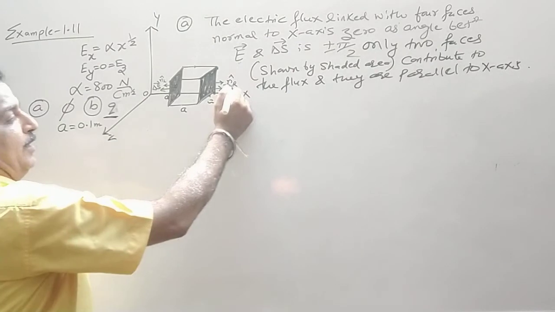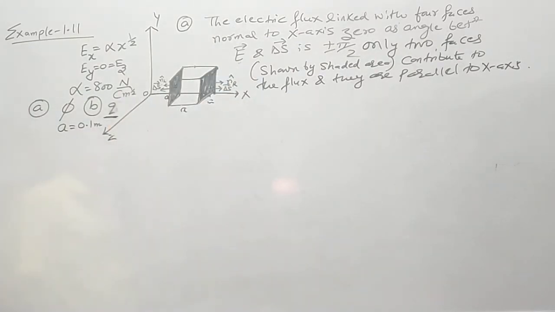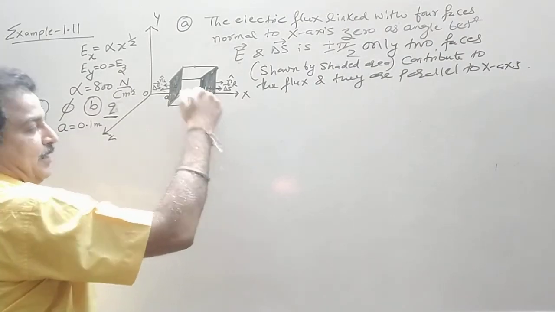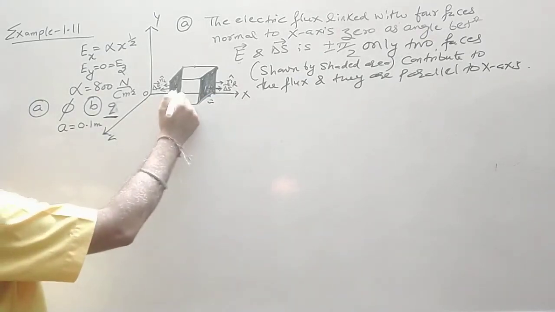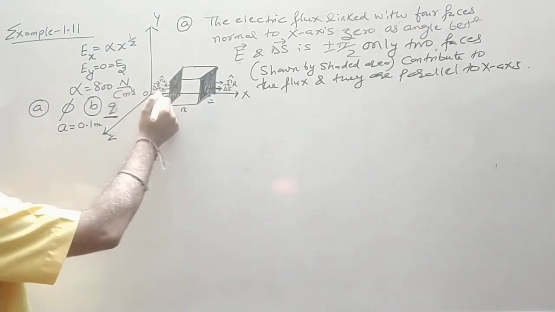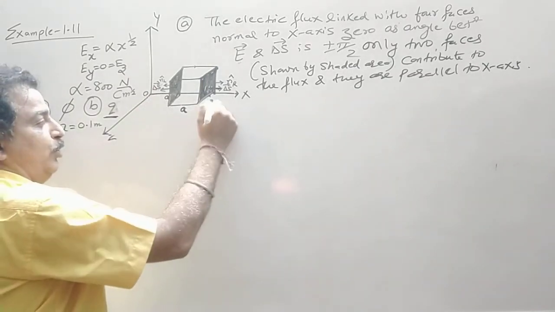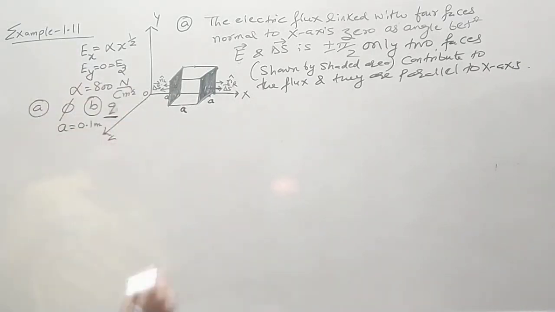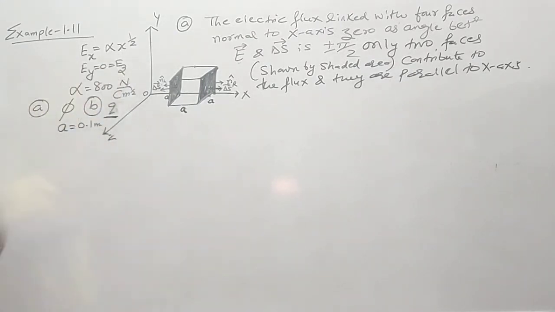Now they have given NR, that is R for right, L for left, n cap is a unit vector which gives the direction of the area vector. The area vector is normal. So for this first face, which is called the right face, delta S is in the direction of the electric field intensity. This face, which is called the left face, its area vector is opposite to the direction of the electric field intensity. The side of the cube is A. So first we write down the magnitude. The magnitude of the electric field intensity, or the x component, is a function of x.